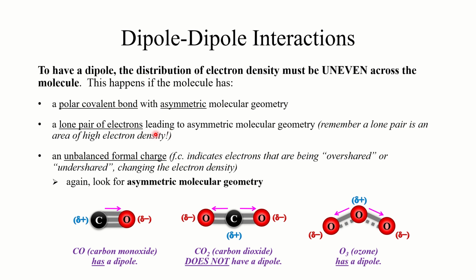Now, if we've got an unbalanced formal charge, unbalanced formal charges will often lead to dipole-dipole interactions. This indicates that electrons are being overshared or undershared, which is going to slightly affect the electron density, and ultimately it's going to affect the geometry. So the three main takeaways, all three of these bullet points really point in the direction of look for an asymmetric molecular geometry. If you've got an asymmetric molecular geometry, polar bonds, lone pairs of electrons, unbalanced formal charges, all of